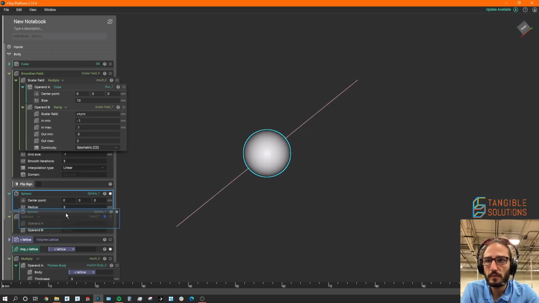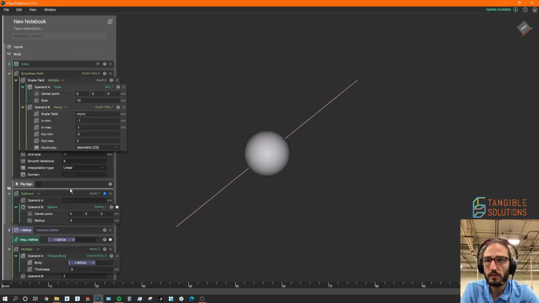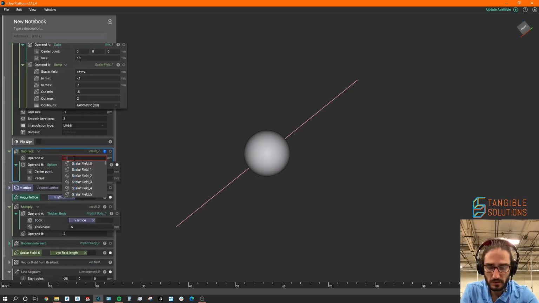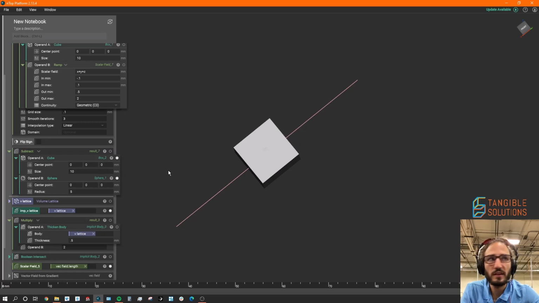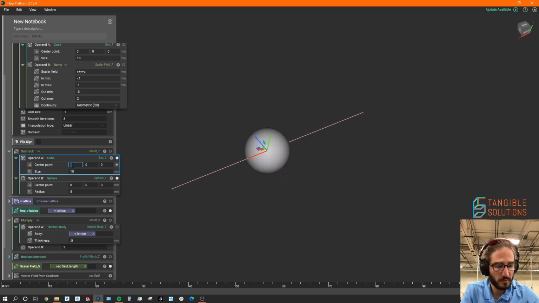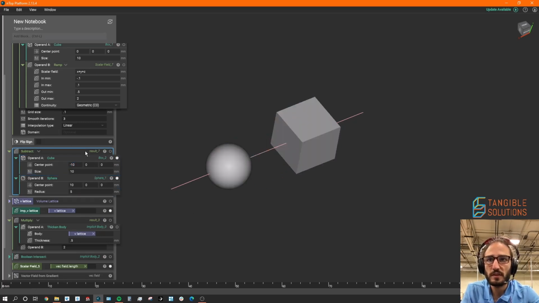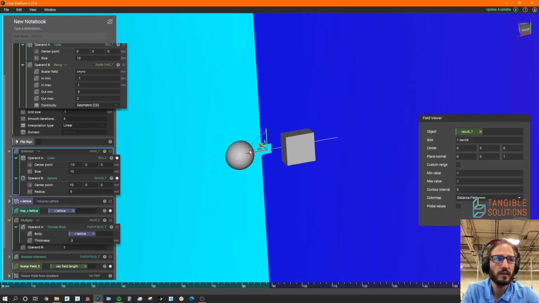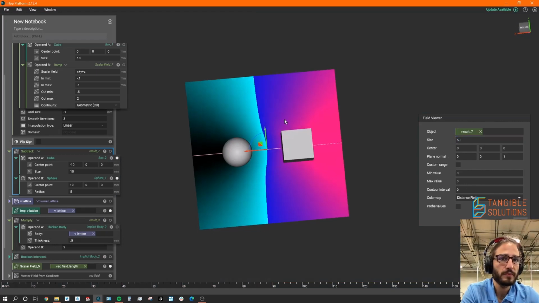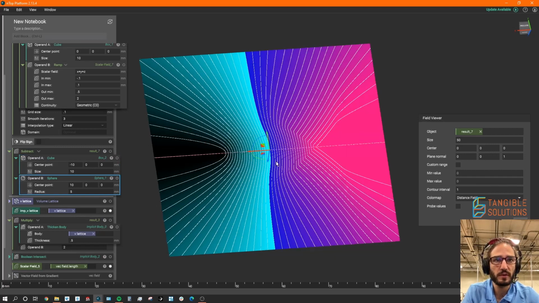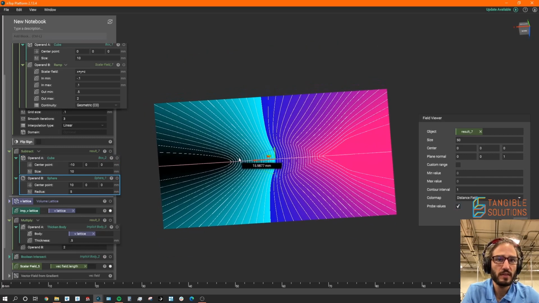a sphere, and I think we had a cube down here somewhere. I'll just make a new one. It's already kind of messy enough. And you take the center point and make it -5, and make this one 5, give them some distance. The field here, which again, there's some visualization of them in particular, but the field here is really cool in that we have